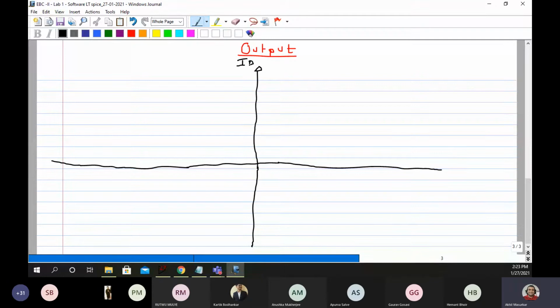So here we have ID, our 0 point, and on the x-axis we have VDS. So please note, in both input characteristics and output characteristics, what is there on the y-axis is ID, and what is going to change on x is only VGS.